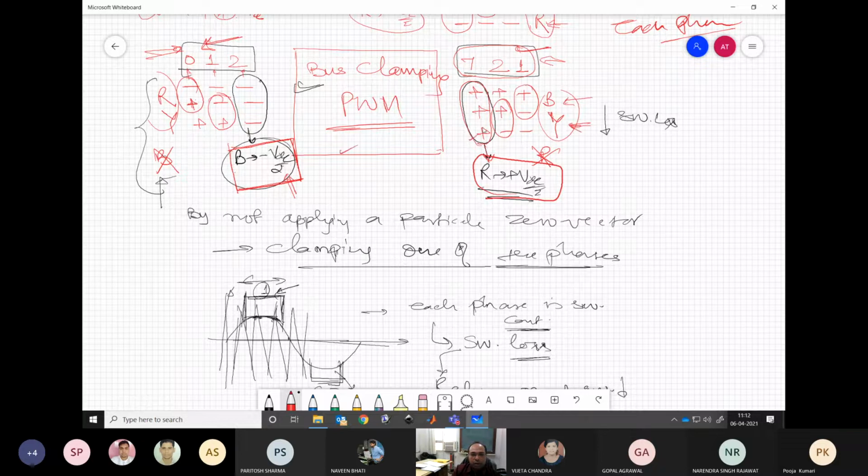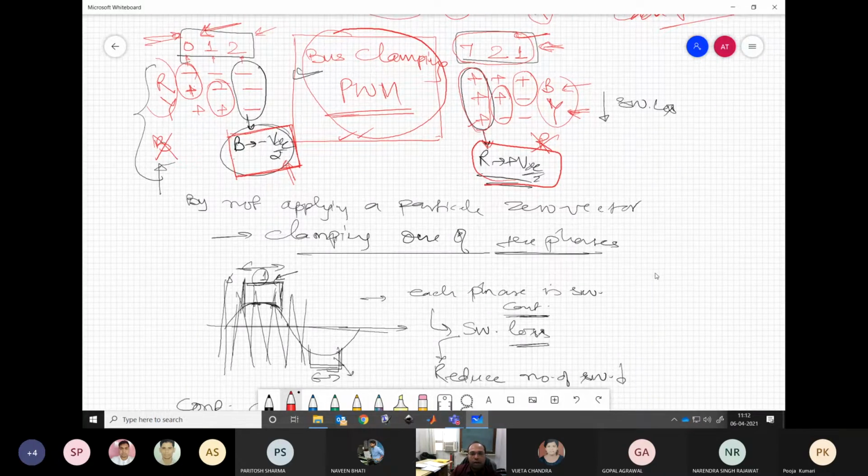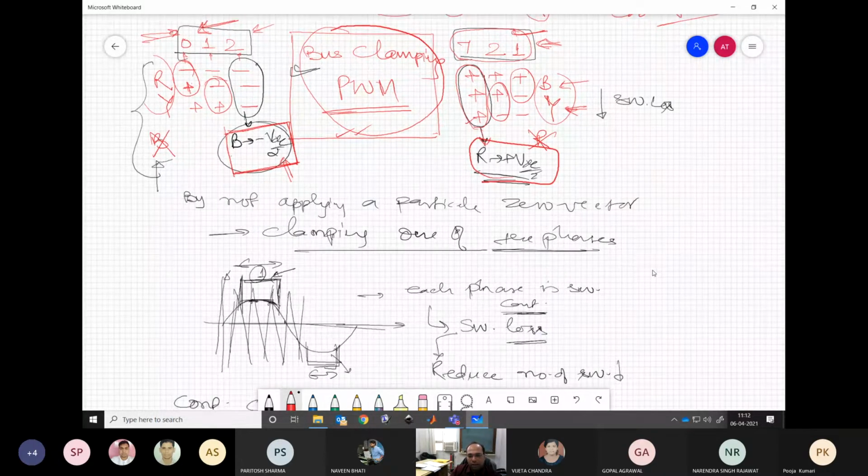So this is nothing but the modified sequence. Actually, what we have achieved is bus clamping PWM. That is what happens when you modify the sequences from conventional space vector PWM. We get different PWM techniques, like what we have already done in our carrier based PWM schemes, let's say sine triangle or third harmonic injected PWM and all that. Whatever special things we were trying to achieve there, we are achieving just by changing our sequence a little bit.